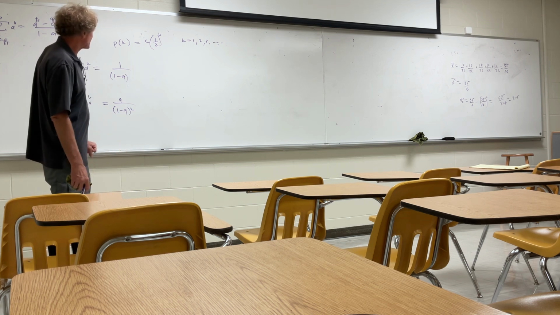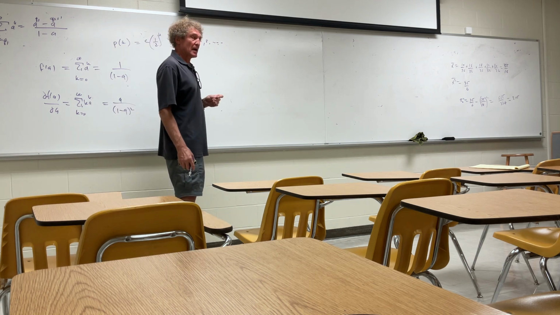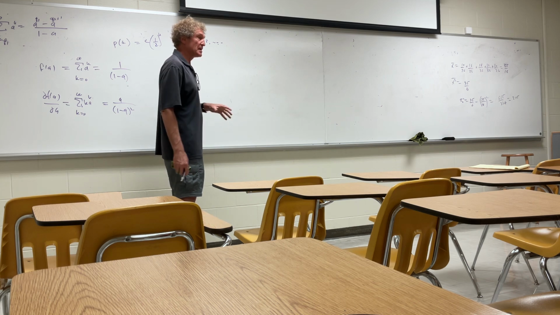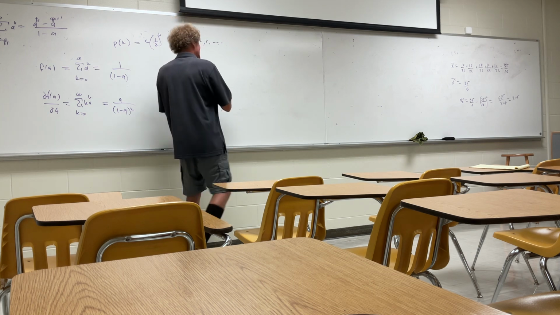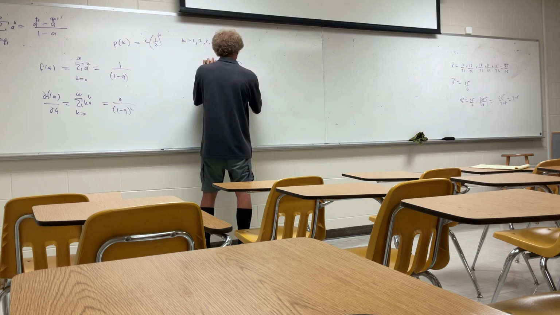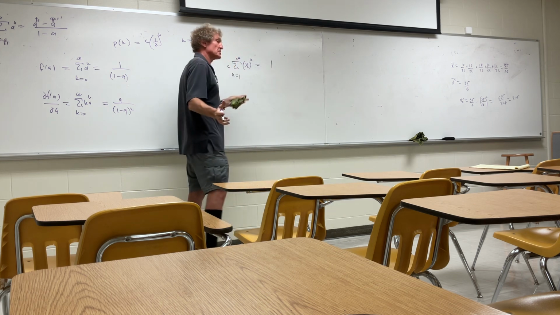First thing I'm going to do for this one, and I'm trying to get through this, I need to move so quickly, I'm trying to slow myself down. First thing he asks for is what value of c makes this legit, right? It means that this would have to be true: the summation of that, and I'll bring the c out in front, 1/2 to the K, K equals 1 to infinity, has to be equal to 1. First, do we agree with that?